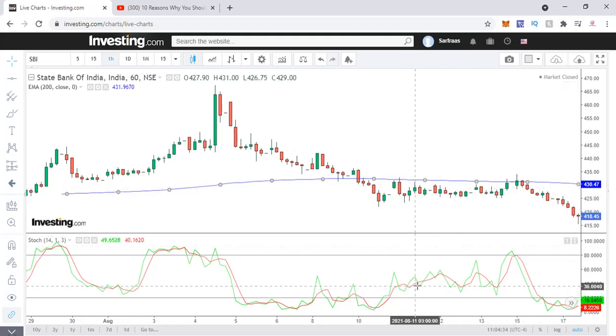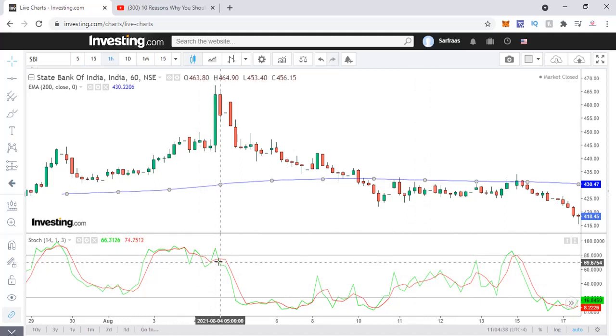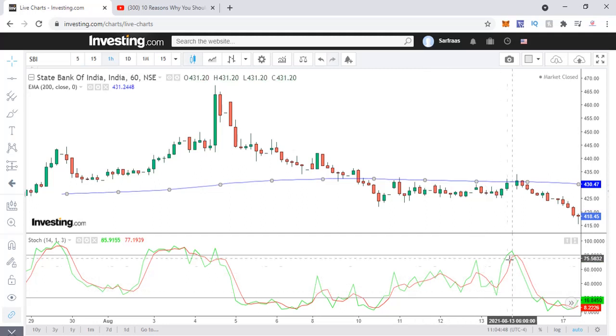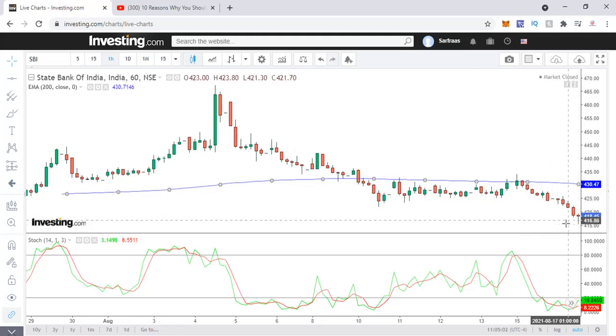When there is noise over here, these are the trades you need to avoid. You need to follow these smooth moves. Whenever there is noise, like up down, don't take trades there. You just need to wait for good opportunities like this one over here. Now since this is moving down and you have a negative crossover, you can short it over here, and since you are seeing a hammer, a trend change possibility, you can probably book your profit here.